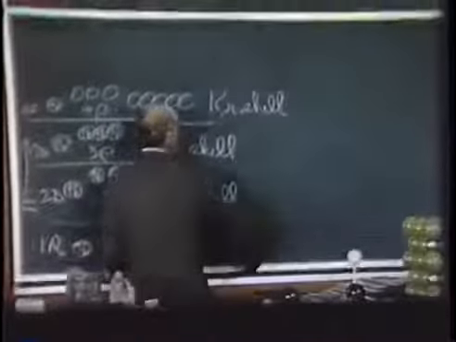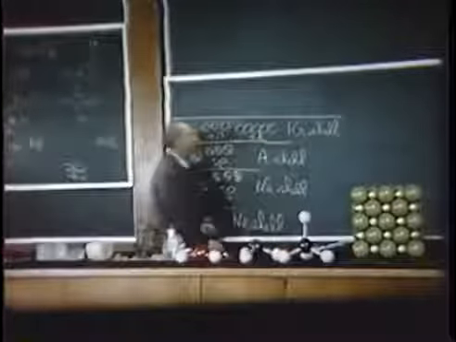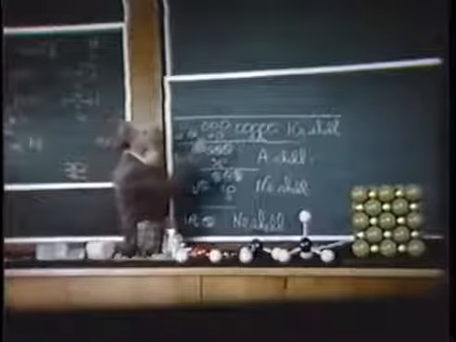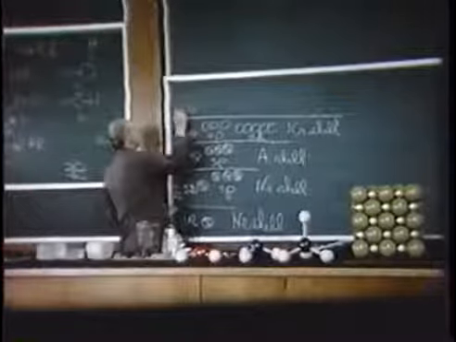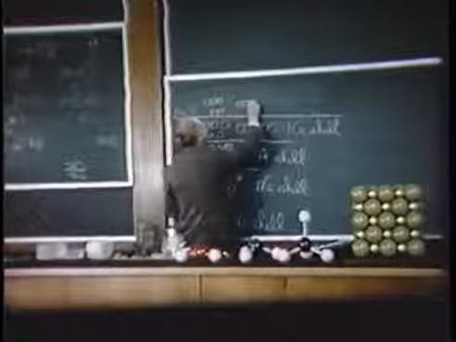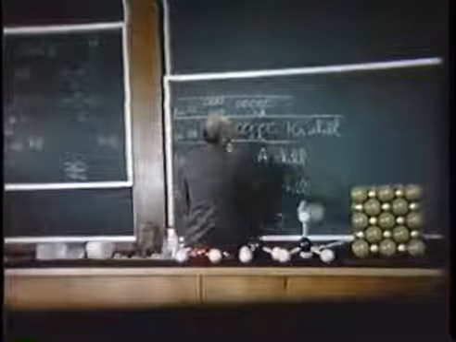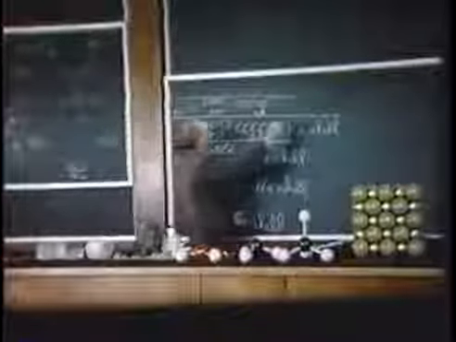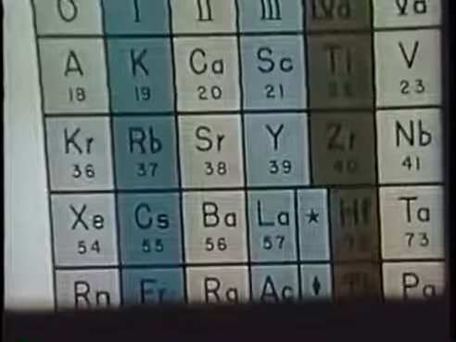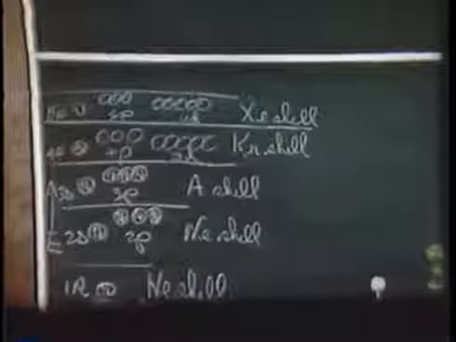The next shell is the second, involves the second long period, again of 9 orbitals, 5s, 5p, 4d, and 18 elements ending up with xenon, Xe, and this shell of 18 electrons, 9 orbitals, we can call the